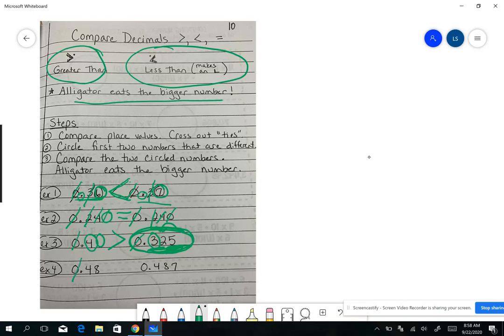All right, last example. You've got a 0 and a 0. And then you've got a 4 in the tenths and a 4 in the tenths. You have an 8 in the hundredths and an 8 in the hundredths. We get out to the thousandths place, and I have nothing, so that's a 0. And I have a 7. The 7 is bigger, so the alligator eats that, meaning that it's a less than symbol. This number is less than